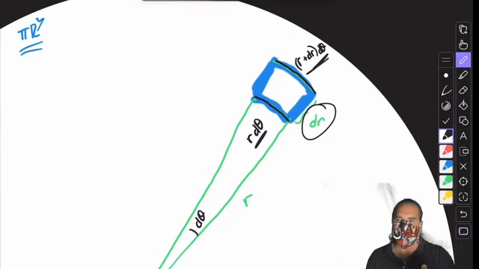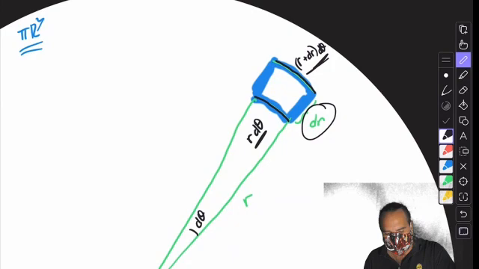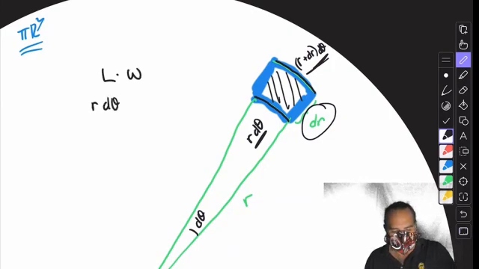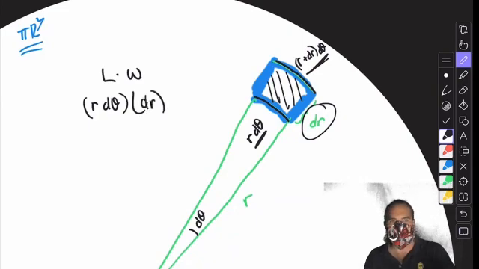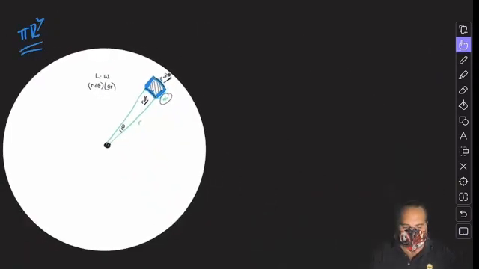Because what I want to do is find the area of this piece. And the area of this piece could be its length times its width: r d theta times dr. That would be its area. You guys okay with that statement? Okay. So putting that aside for a minute,